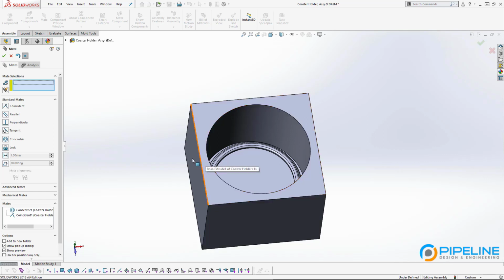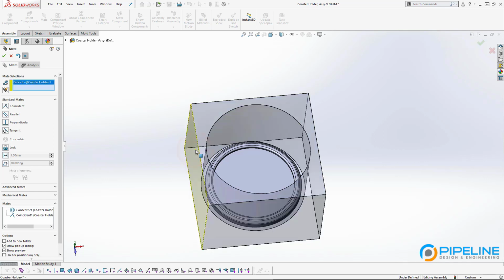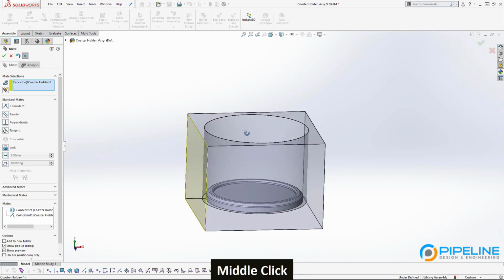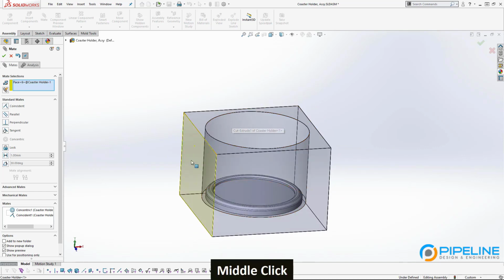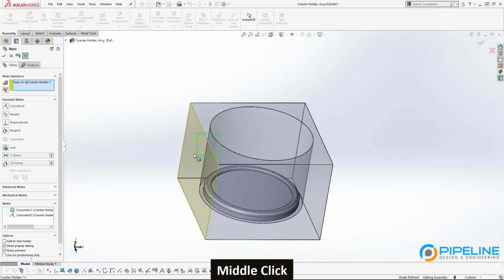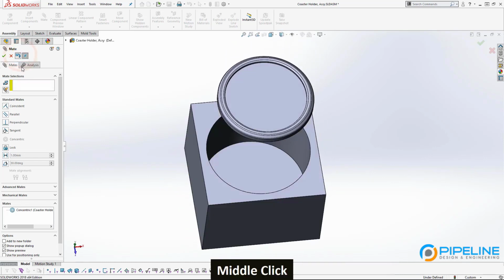It's fine. It's probably worth repeating that when you're creating a mate, it has to be from one part to another. I can't tell SolidWorks to bend this side of this rectangle to this side of the rectangle. It's just not possible. So as a visual indication, SolidWorks has made that part invisible, because once you've selected it once, you can't really select it again for most of our basic mates. There are some more advanced mates that we'll talk about in the future, but this is a really handy thing, because if I undo,